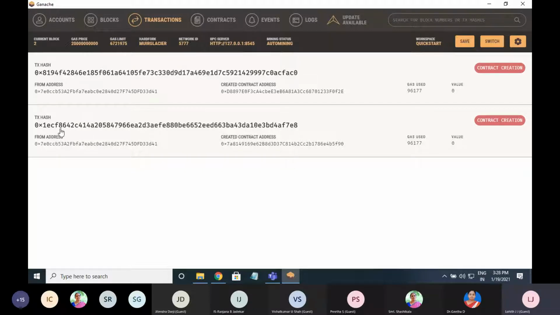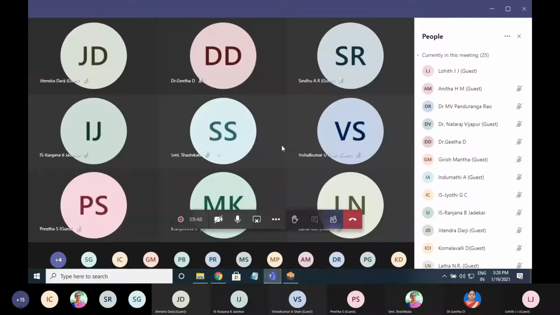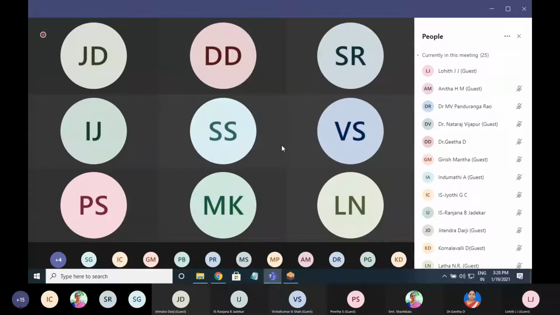Next, when some other person deploys this, that person's address will be the from address, and he will have a new contract address. So every time that contract is deployed, it will generate a new contract address for that from address. Is this clear? Any doubts still here? No, sir. Okay, fine, right?